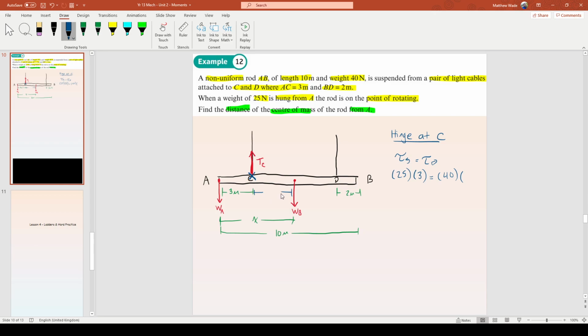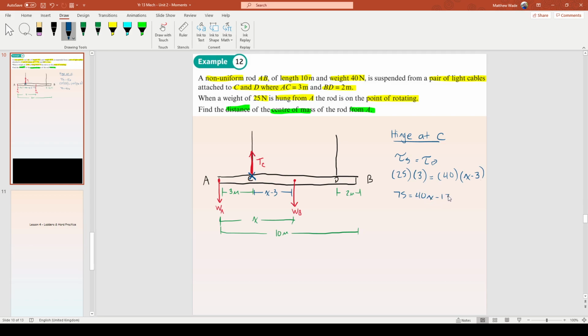What's this going to be? What's this distance that I've got in blue here? Well, yeah, it's actually X take 3, isn't it? If this whole distance is X, and that's 3, that's X take 3. Oh, I love it when a bit of algebra sneaks in. So we're good. There we go. X take 3 is the distance from it to the hinge. Cool. So 75 equals 40